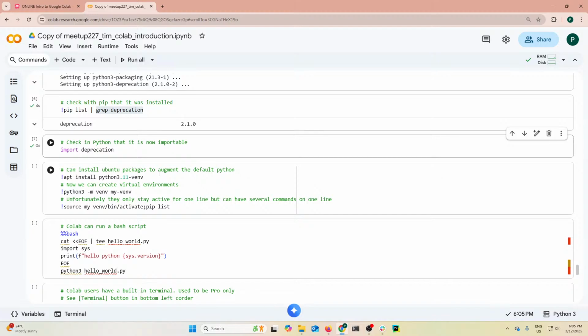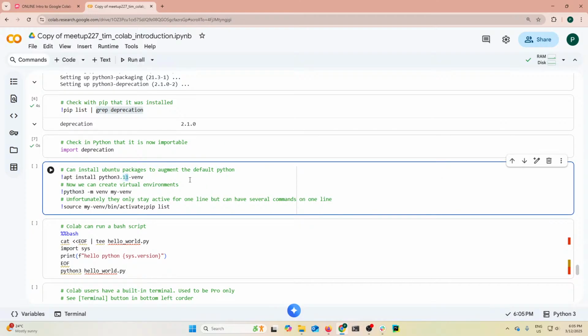Now, we can install Ubuntu packages to augment the default Python. So for example, we might want to create virtual environments. Actually, I've got version 3.11 here. I should have 3.12 because that's the Python that we're running. We need to install that. Then we can create a virtual environment, and